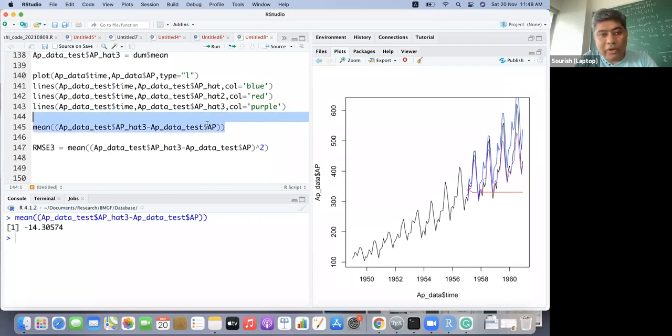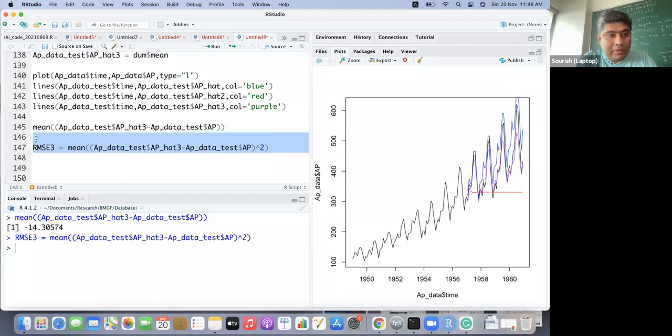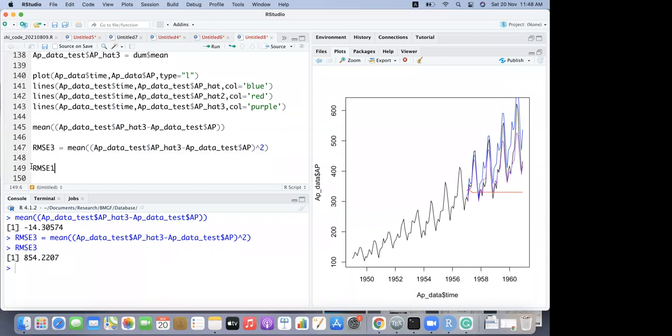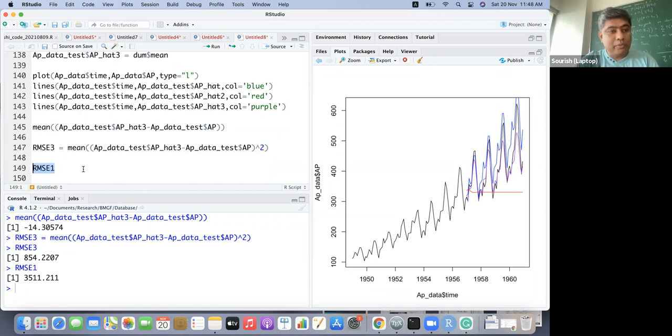Yeah, negative 14 is slightly underestimating, but I think that is okay. We can live with it, and let us calculate the RMSE 3. So RMSE 3 is 854.227, and what is the RMSE 1, which is our baseline model? We created this, 3,000 something. Correct. So how much improvement are we getting? Almost.